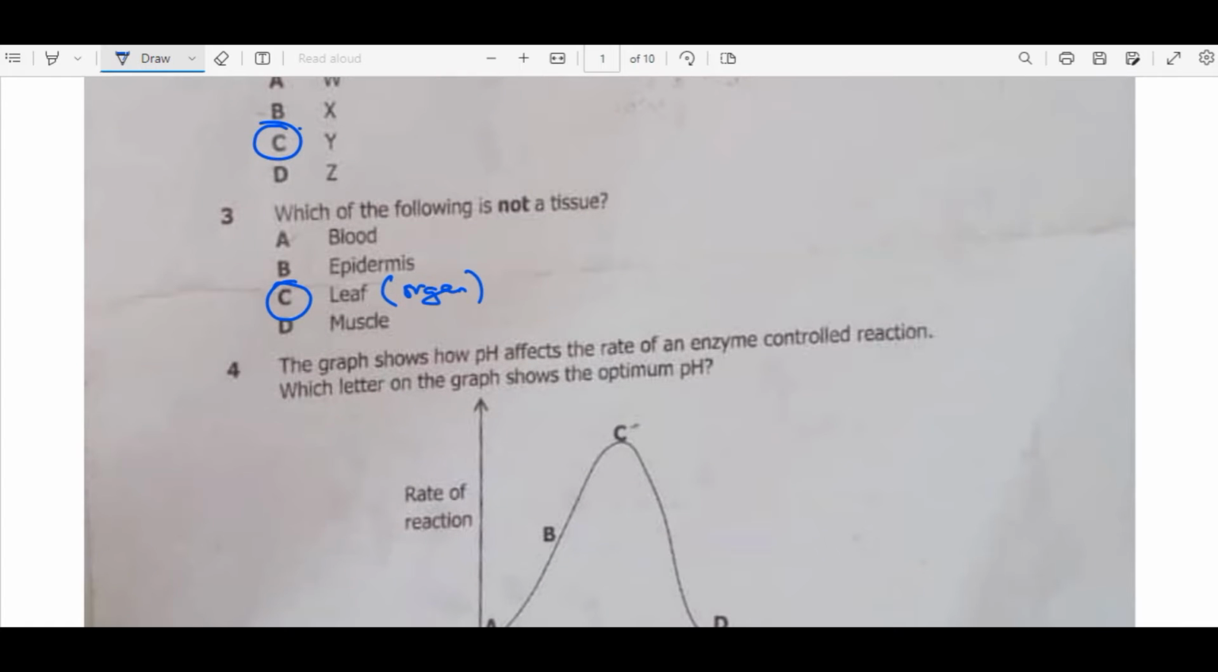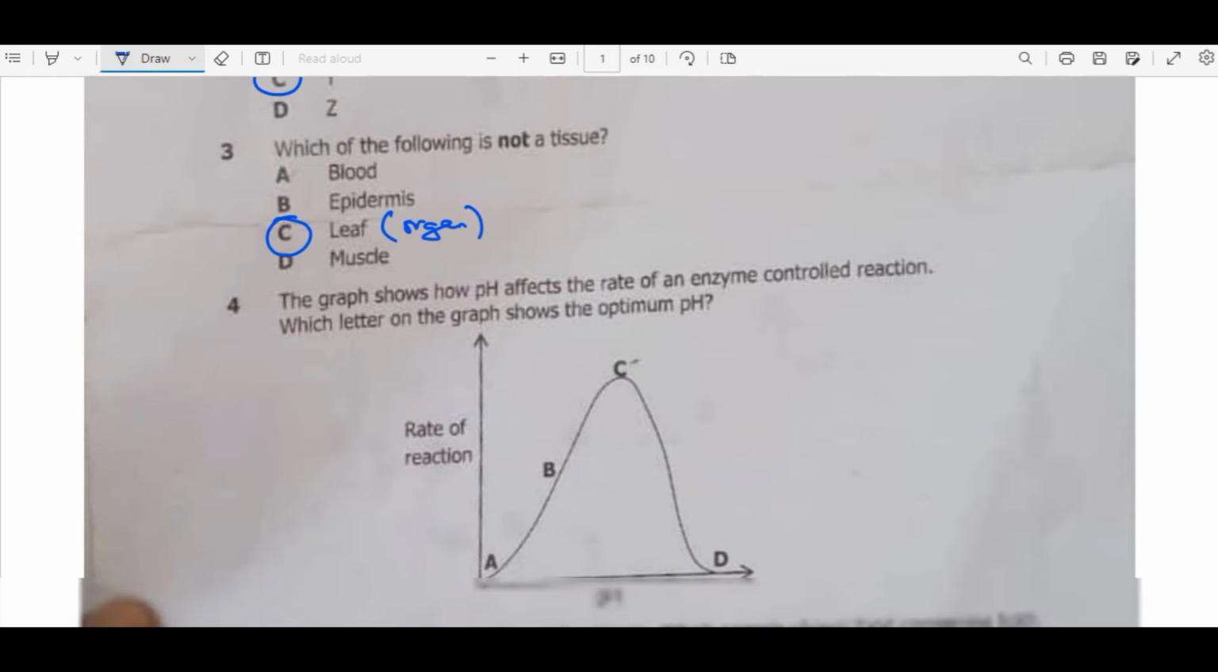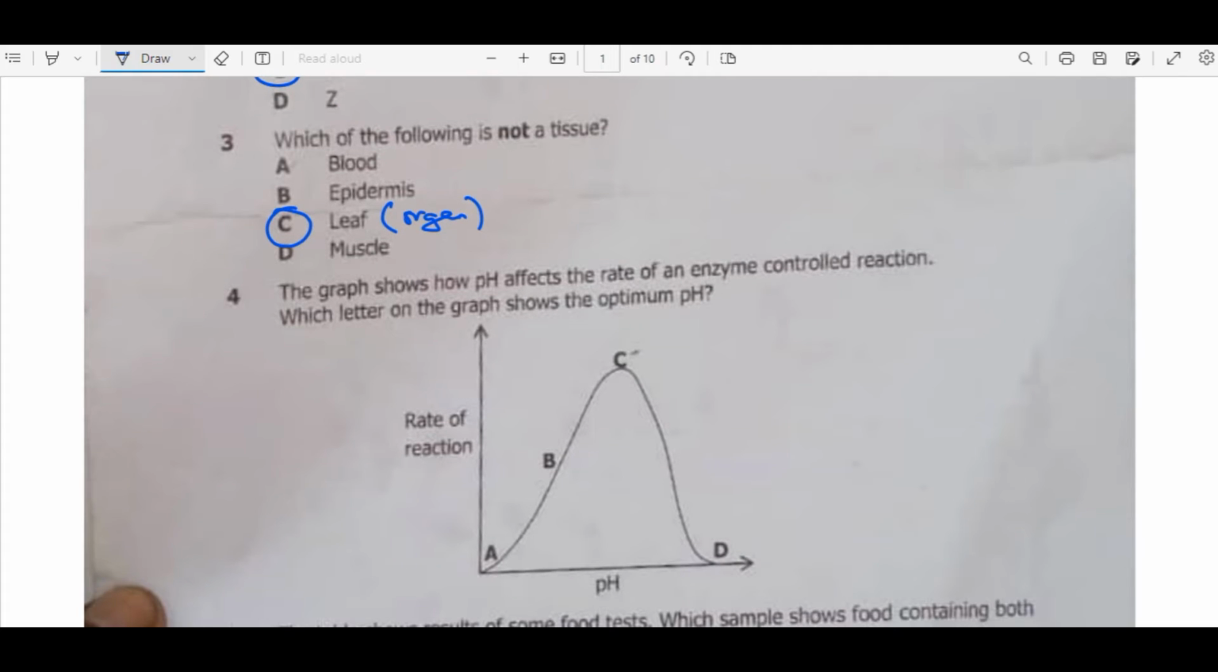So the graph shows how pH affects the rate of an enzyme controlled reaction. Which letter on the graph shows the optimum pH? pH means we are looking at potential hydrogen. Each enzyme has what we call the optimum point, where the rate would rise,